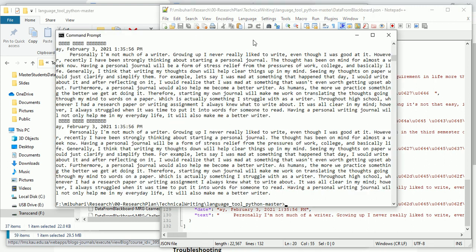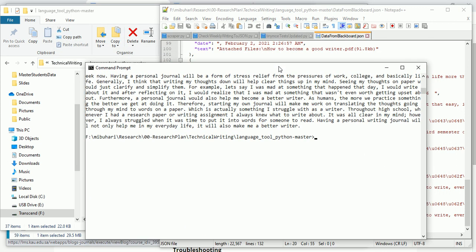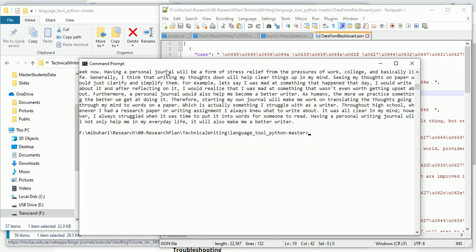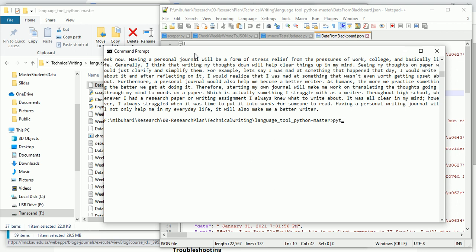Now the next step. Once you have got all this data, actually we want the students not to submit their weekly writing as a PDF or a doc file. Ask them to submit as a text inside the journal. Okay. Now we are going to run the next program called check weekly